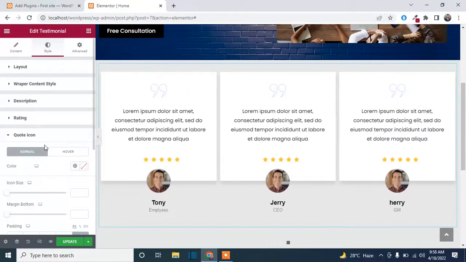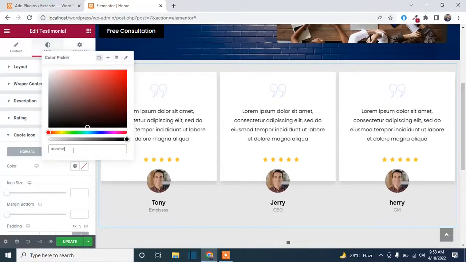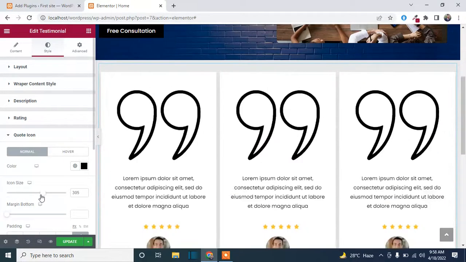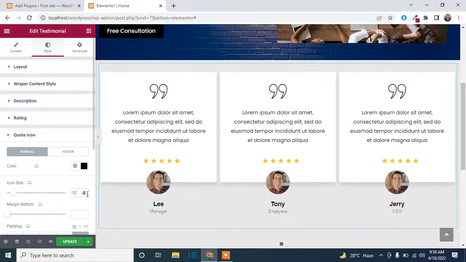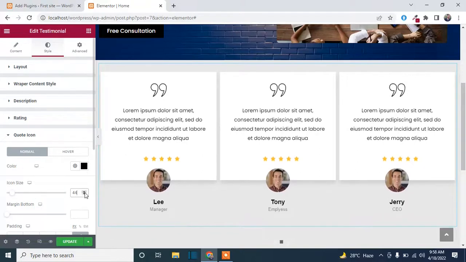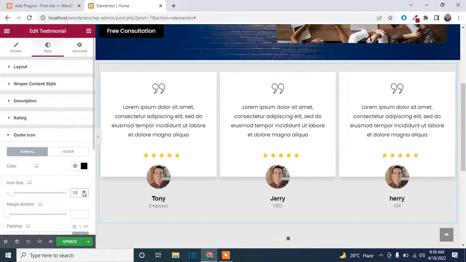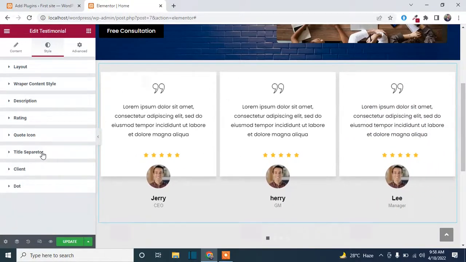You can change the quote color. I will make it black. You can adjust the size like this. I will set it to, I think it's enough, 35 is enough. Title separator,